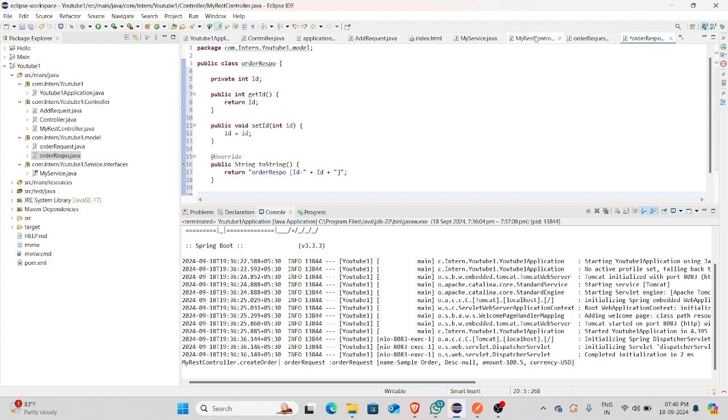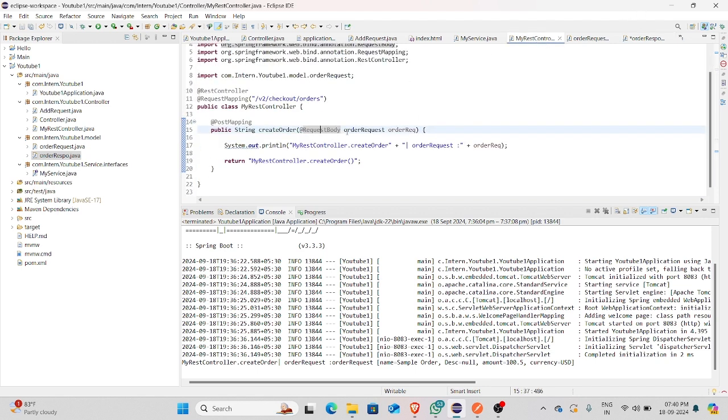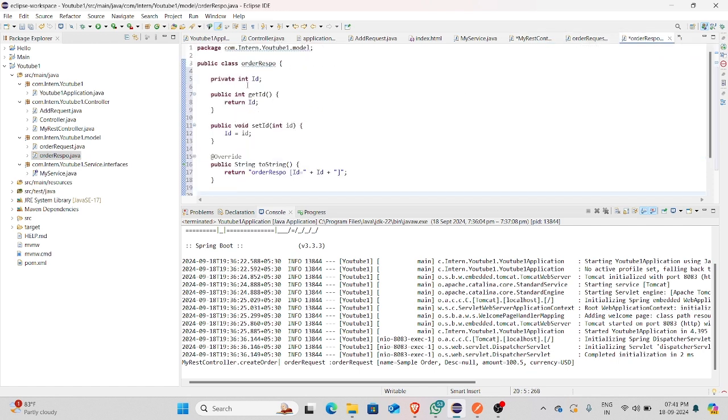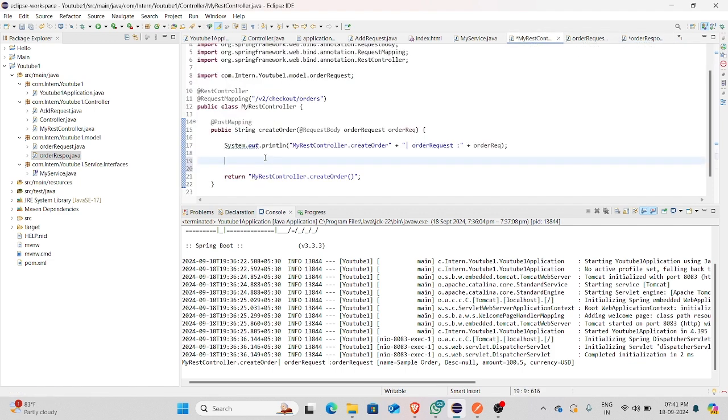Now I go to the controller class, and here I create an object for the class. What is the name of our class? Simply this. Let's see. Go to this class, Control plus B. Order. What do I write every time? OrderID equal to